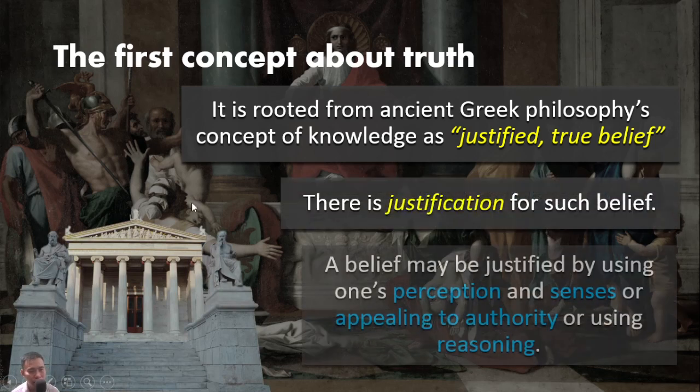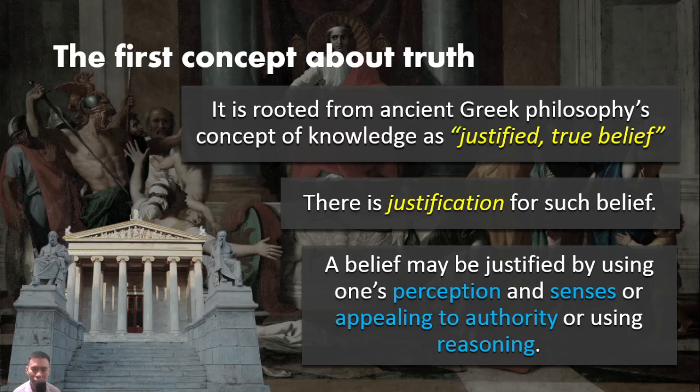Justification for such belief: a belief may be justified by using one's perception and senses, or appealing to authority, or using reasoning. Which means both Plato's and Aristotle's ideas are very acceptable to justify the truth. In the part of Plato, he believed that logic and reason is the most powerful method in order to know the truth. But Aristotle also said that perception and senses are also helpful to know the truth. So both of them are correct, because